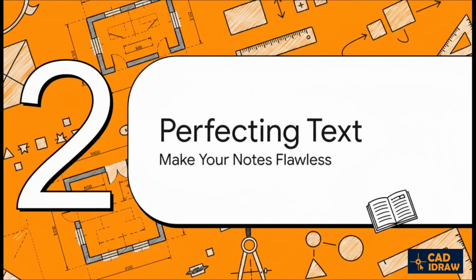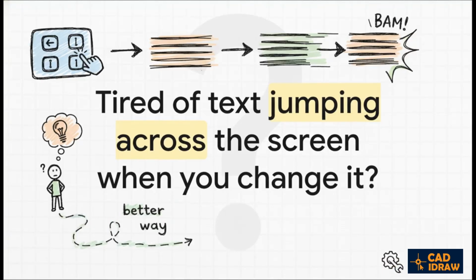All right, let's move on to something that can be a huge source of frustration for pretty much any AutoCAD user: text. These next few secrets are going to help you make your notes look clean, professional, and honestly a lot easier to deal with. Oh, you know exactly what I'm talking about. You have a piece of text that is placed perfectly, but you need to change the justification, maybe from left to center. So you go into the properties, you make that one little change, and bam, the whole thing just jumps across the screen. And now you have to move it all the way back. There's got to be a better way, right?